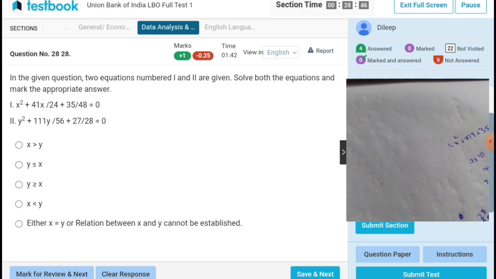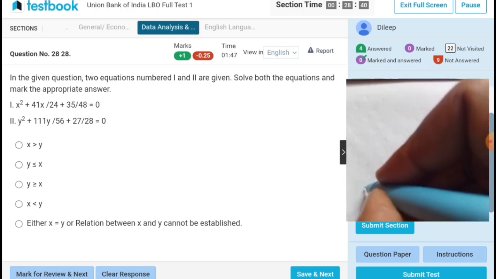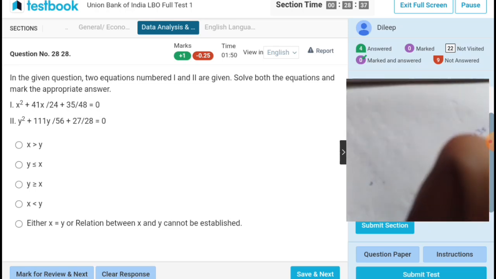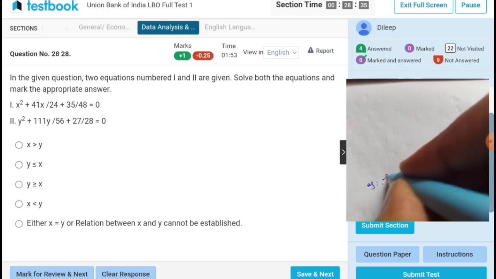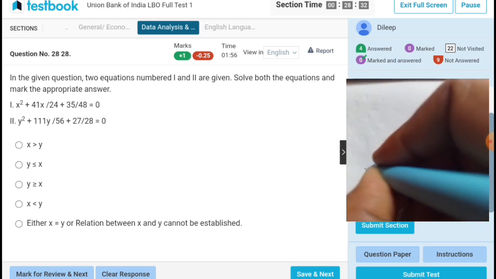So 54. Minus 9 by 8 minus 6 by 7 and x equal to